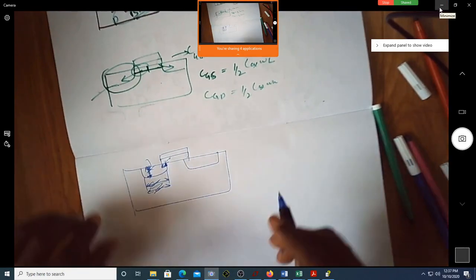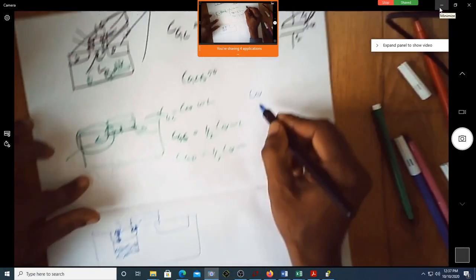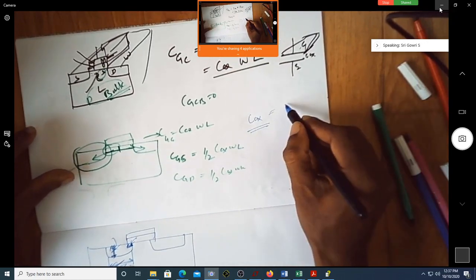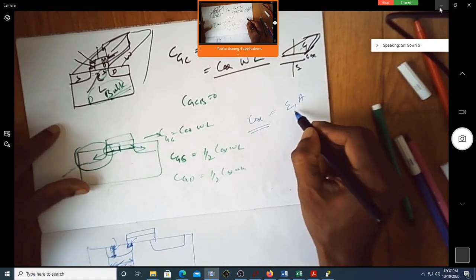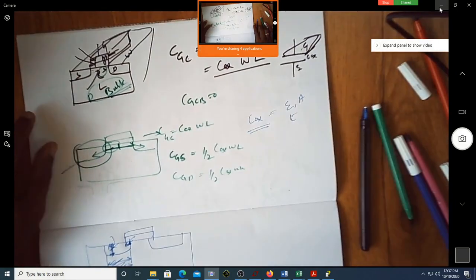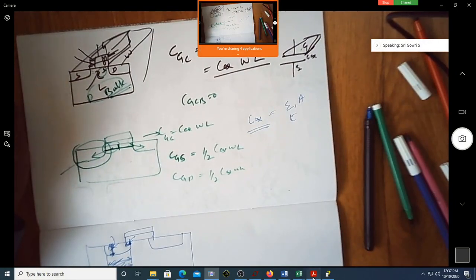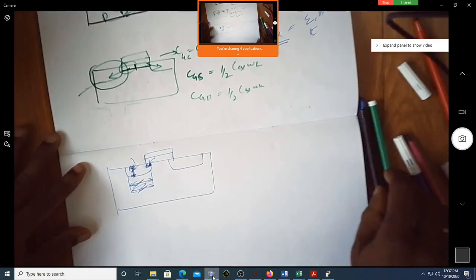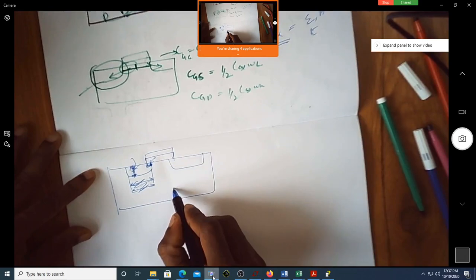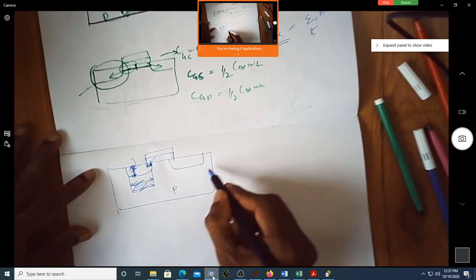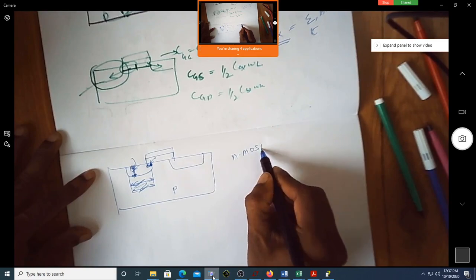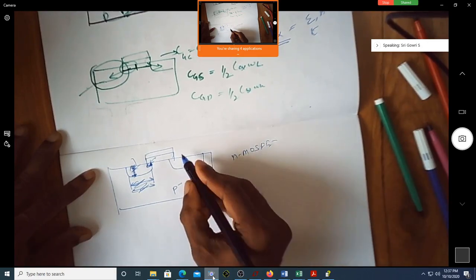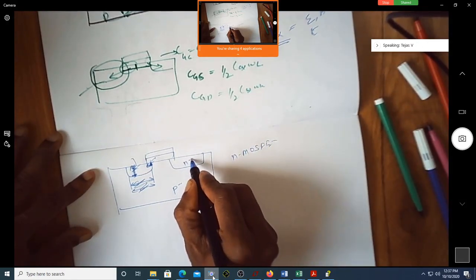What we have seen is Cox, the oxide capacitance, which is due to the dielectric constant and the thickness of your oxide layer. Now we are looking into a different type of capacitance, called junction capacitance. Can you see there is a junction capacitance possible? Why is there a junction capacitance possible? What is the material here? If it is NMOS FET, the P substrate is P minus. How about this? N plus. You can see there is a plus. N-P?